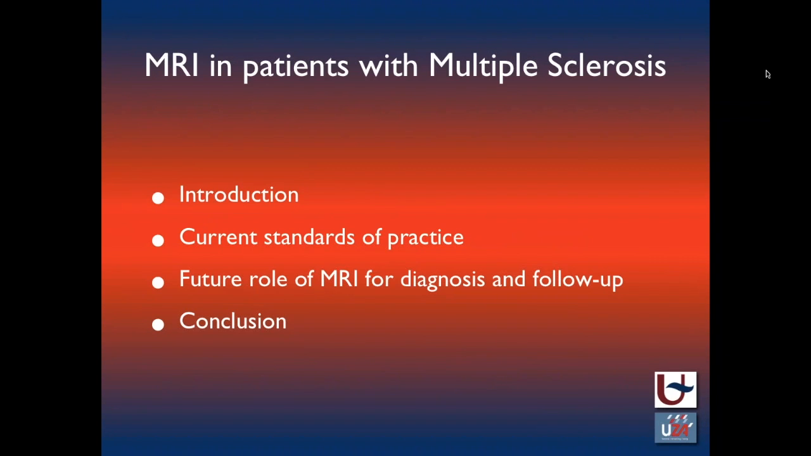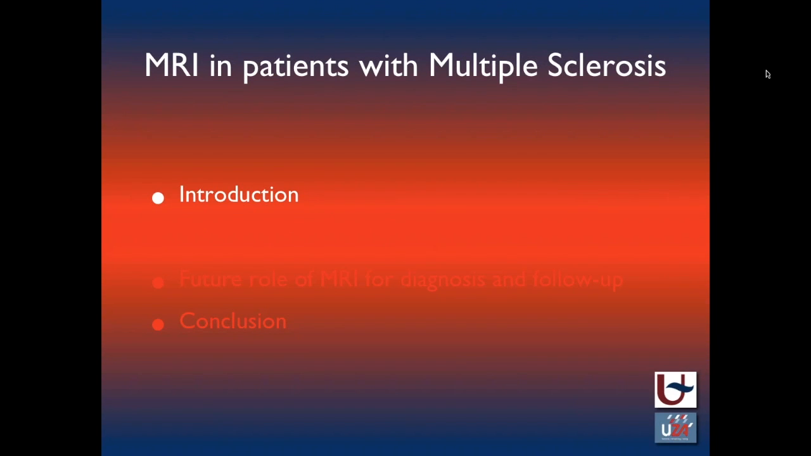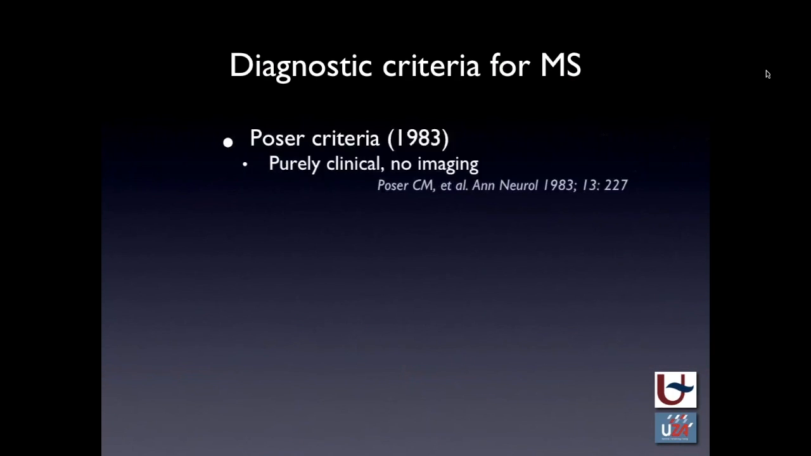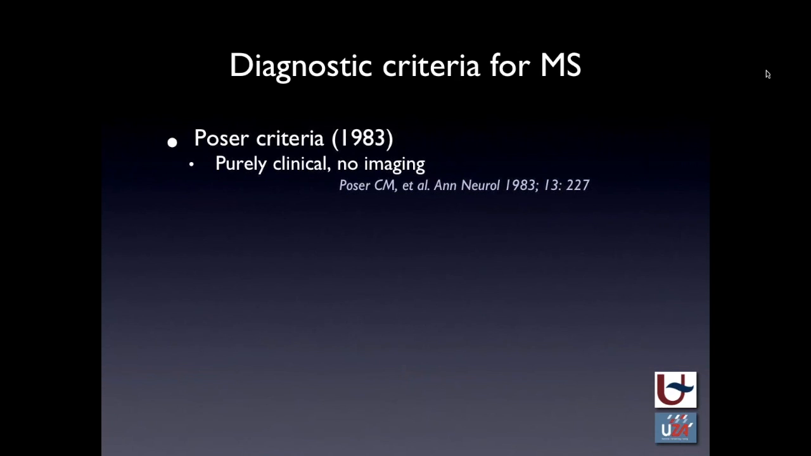We are going to look at current standards of practice. Then we will look at the future role of MRI for the diagnosis and follow-up of patients with multiple sclerosis, and have a very brief conclusion. So let's start with the introduction. I'm sure that everybody who's online is familiar with the diagnostic criteria for multiple sclerosis. Since more than 20 years, we are familiar with the Poser criteria, which were criteria that were purely clinical, and